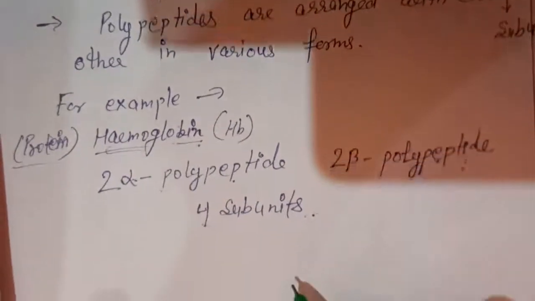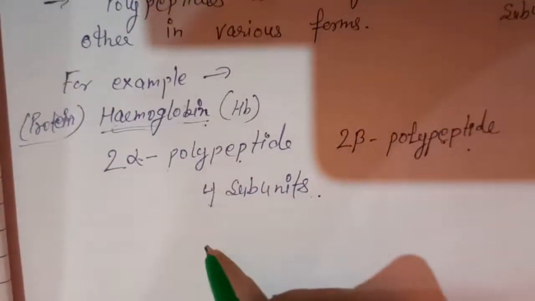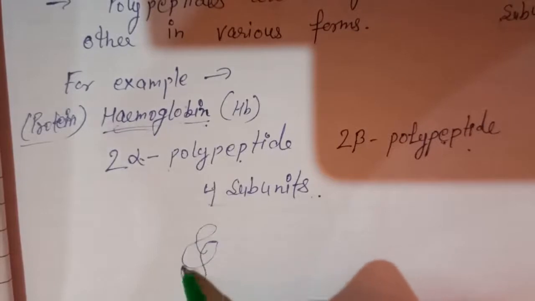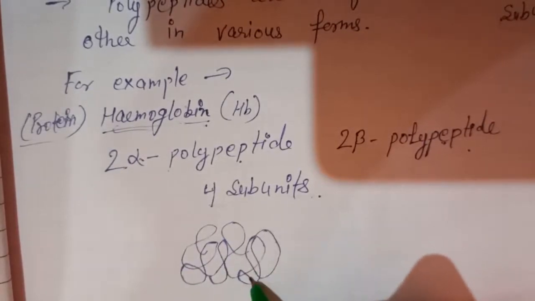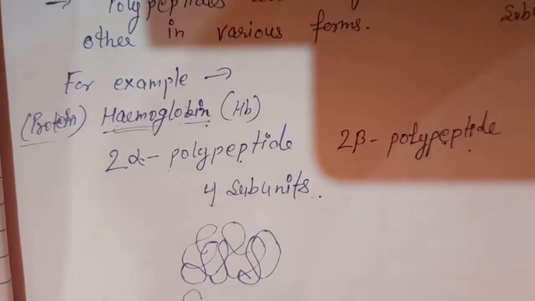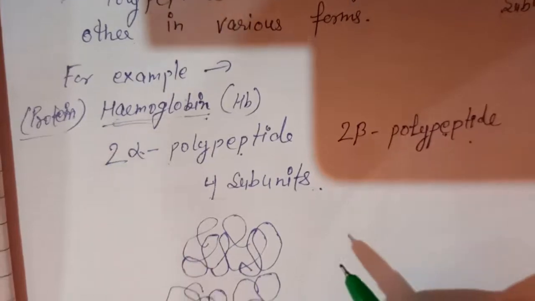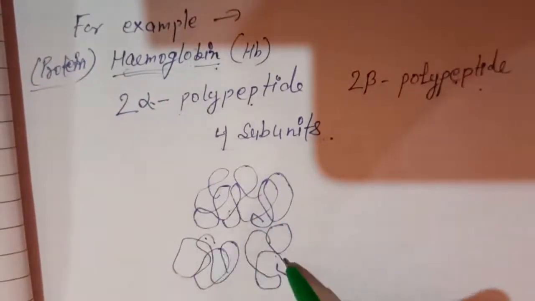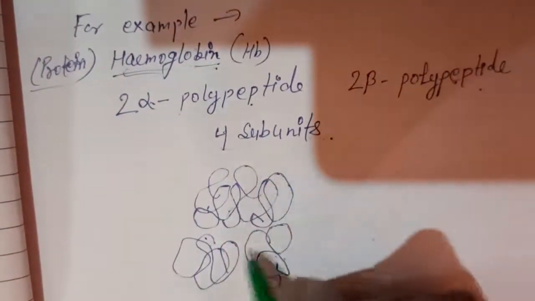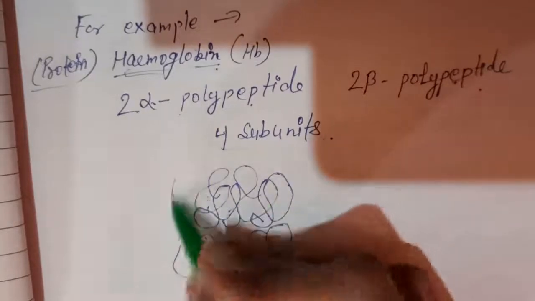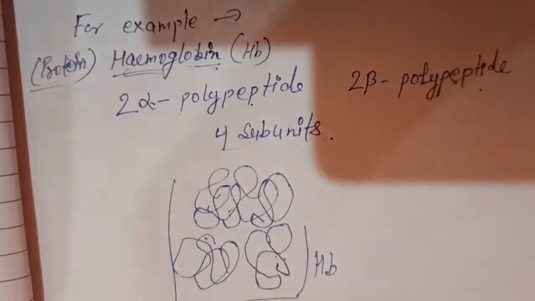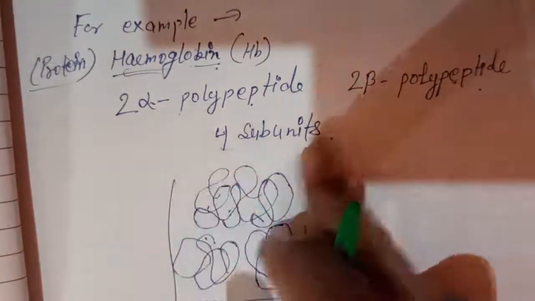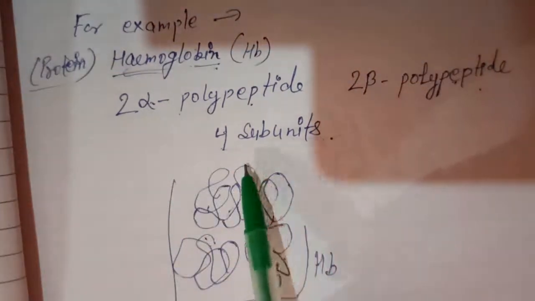So there will be 2 alpha chains like this. Okay, this is one alpha chain, this is another alpha chain arranged with this, then another, this is beta chain, and this is another beta chain. Like there can be any form. Okay, so 1, 2, 3, 4, these 4 subunits will be arranged here to form a complete hemoglobin. So various forms can be there when these subunits arrange with each other.